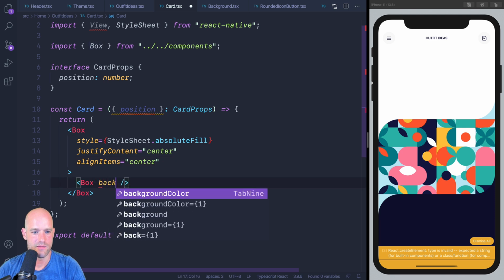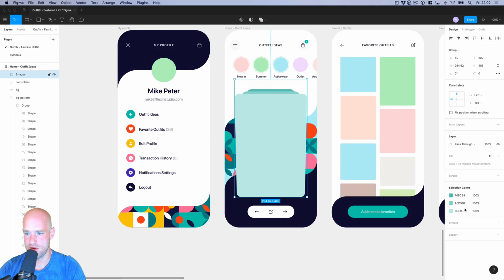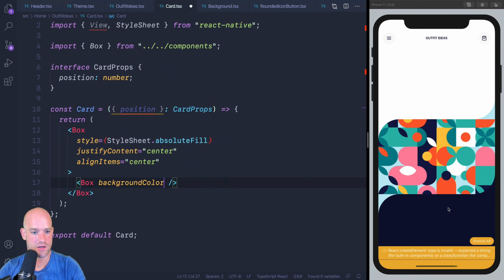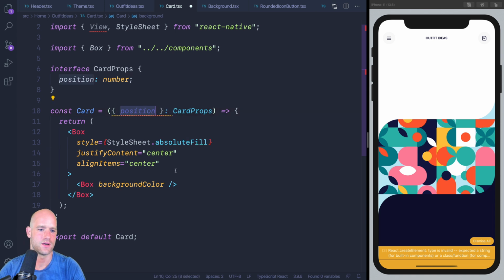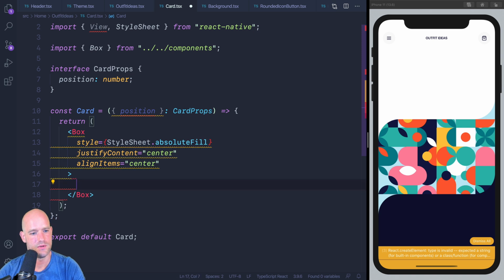And here we'll have background color. So we should interpolate the color depending on the position. You know what? Let me just hard code it here for now. So background color. No. So I'm gonna do